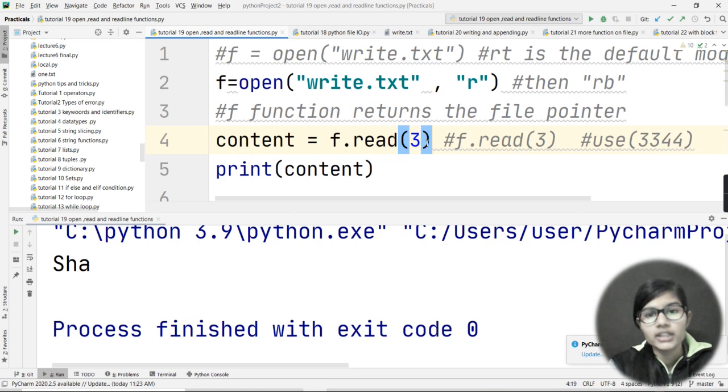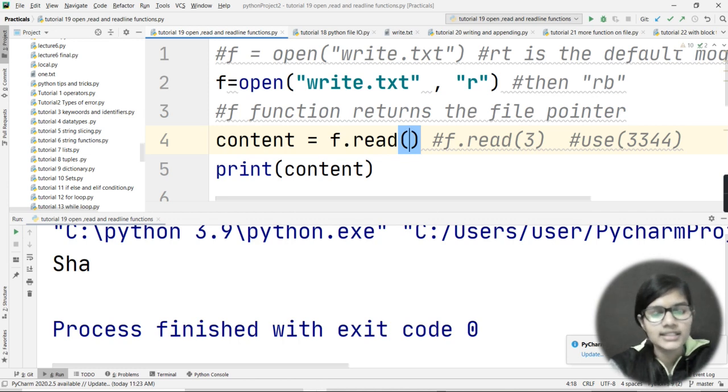Let's say in my file, write.txt, there are 45 total characters, and now I give a much larger value, let's say 600. So what is it going to print? If you have already watched my string slicing video, which I covered in the second part, then you must know that it is going to return the whole file, whatever content is written in my file, and after that it is going to stop. It is not going to show me any error, because the length I mentioned is greater than the file, not less.